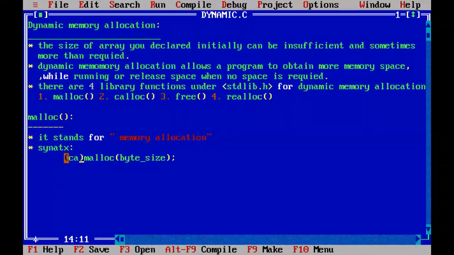Here we have to write into which type of pointer you are going to convert, that cast type, and that will be written to the left side again. After conversion, if you converted that void pointer into an integer pointer, then that pointer is returned to the left again. So that we will hold with one integer pointer ptr. Same thing we will write one more time, whatever we discussed under syntax.